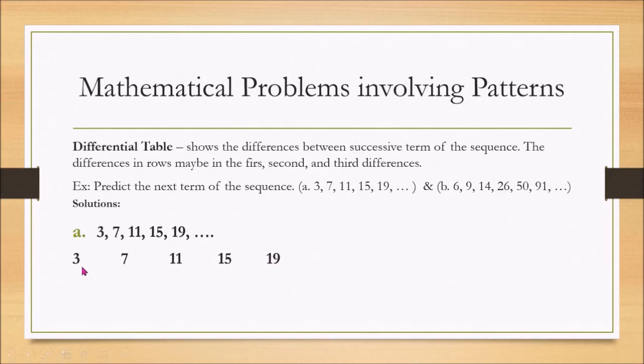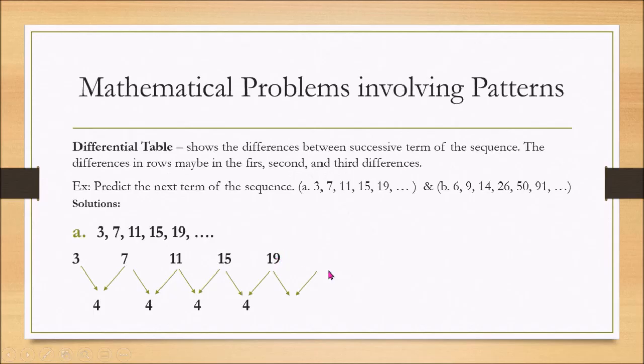Then we're going to find the difference between numbers. It's the difference of 7 and 3, 11 and 7, 15 and 11, 19 and 15. We find in the first difference that they are all the same, equal to 4. Then also, if we're going to find the next term,